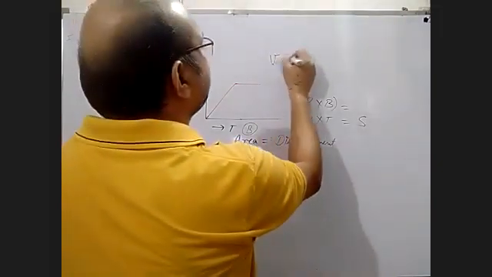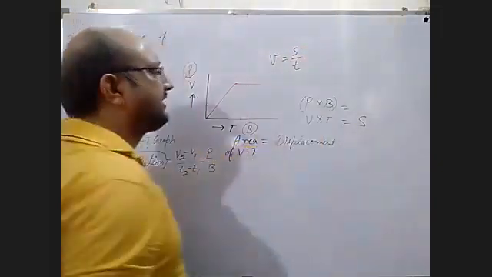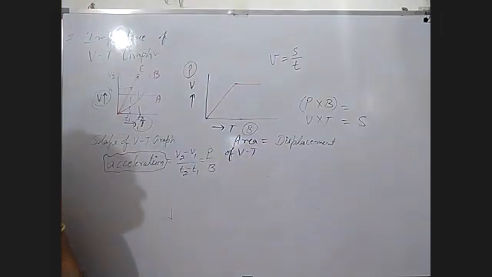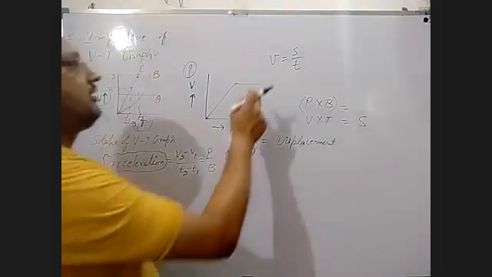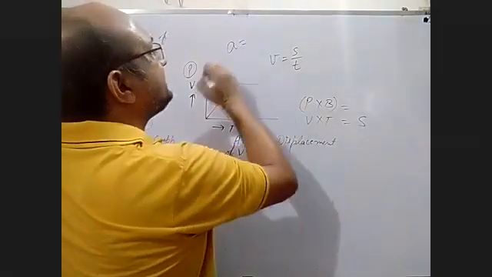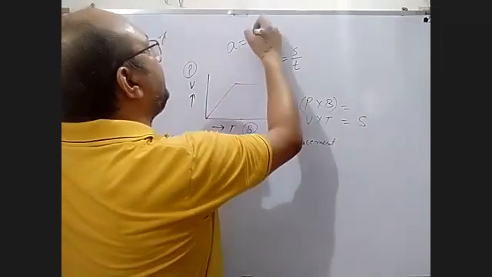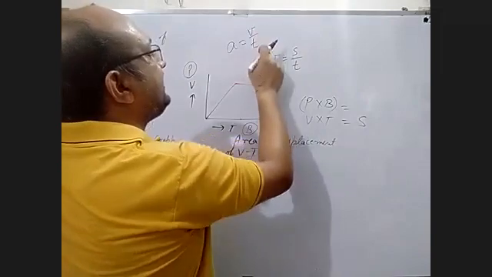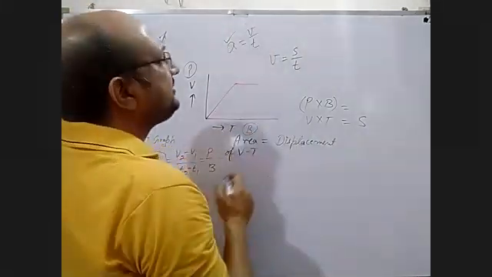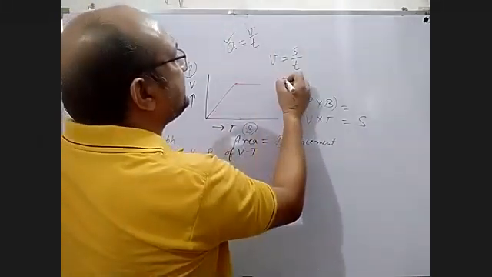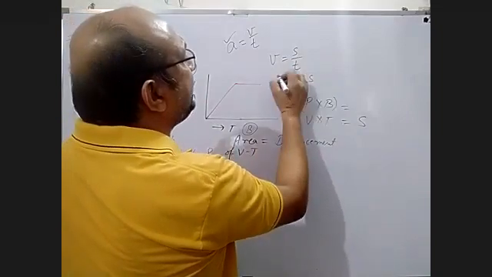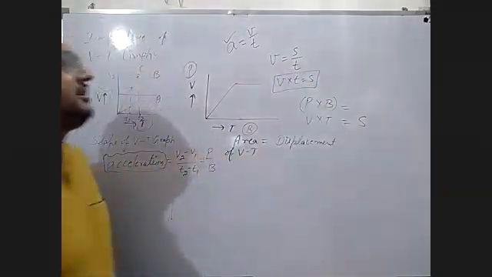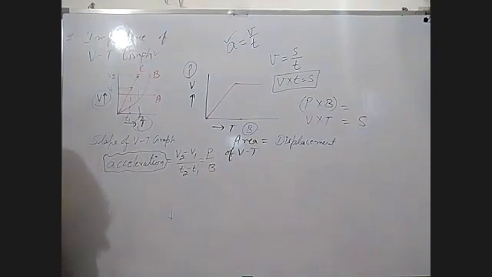You can see this by the general formula of velocity, distance upon time. And this one is velocity upon time. If the ratio of velocity and time is there, then you can get acceleration. If velocity into time is there, then you can get displacement. So this is the importance of the VT graph.